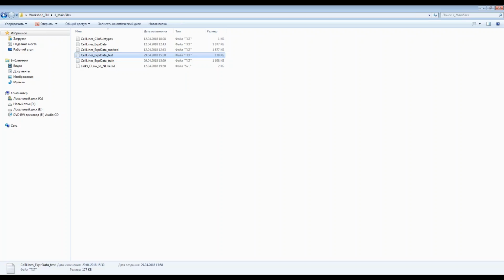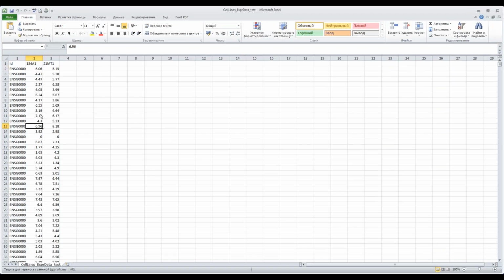And here we see 2 samples with their expression levels, and we do not know to which group each sample corresponds. And we want to train a classifier on the previous dataset and evaluate it to make predictions on these 2 samples. For that purpose, we have, let me focus back,